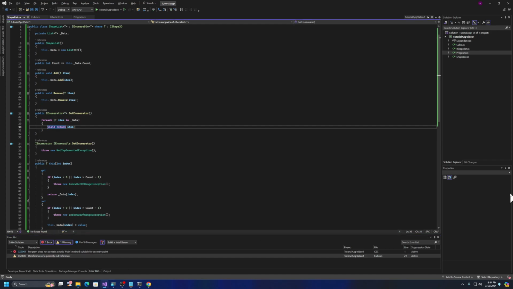Okay, we are good. What we needed to do is yield return the item. So, yield return item. This essentially allows us to get each element in our collection one by one without loading the entire collection, which, if the collection is big enough, can be really bad in terms of memory usage. So there we go. If we save this now and we go into Program.cs,